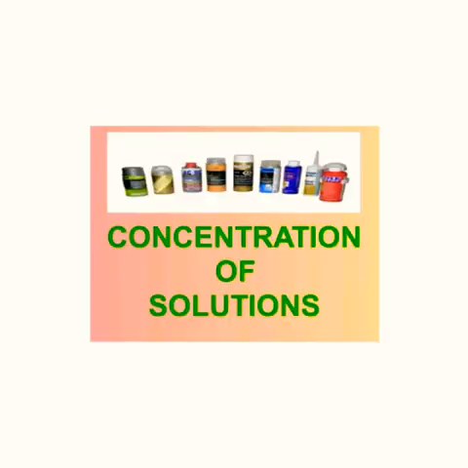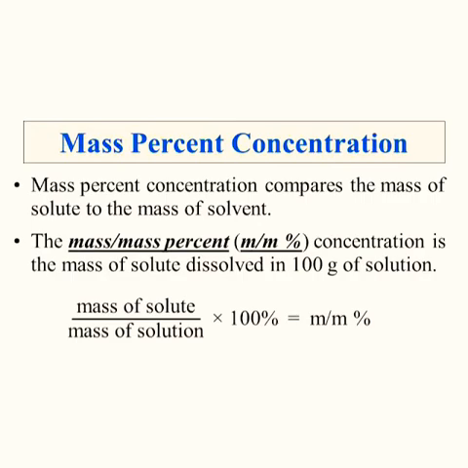The third point is concentration of a solution. What do you mean by concentration? So concentration is the amount of solute present in a given solvent. Concentration can be calculated in three ways. The ways that can be used for calculating the concentration of a solution are as follows. The first method is mass by mass percentage of a solution.